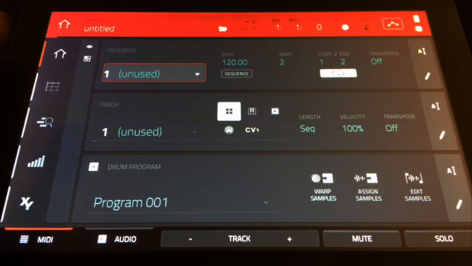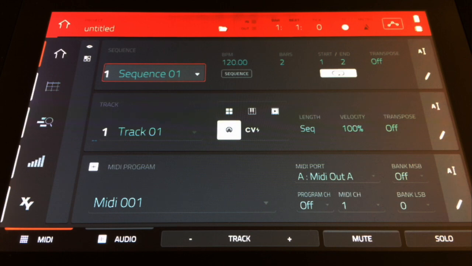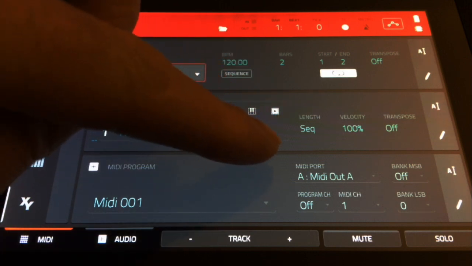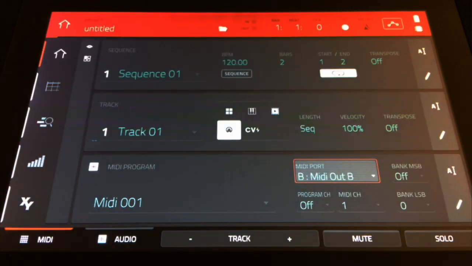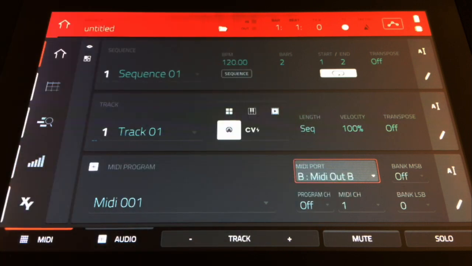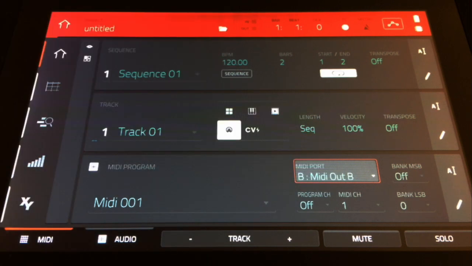The next thing that you need to do is switch your default program, which is a drum program, to a MIDI program. So now we're in MIDI program mode, and at the bottom you'll notice it says MIDI port out A as the default. I'm going to switch mine to B because that's what is controlling my KS Rack. I'm going to control the first MIDI channel, which is just my KS Rack in program mode, and that's on MIDI channel 1. So whatever channel you're on and whatever track you're on, you can change the MIDI channel there